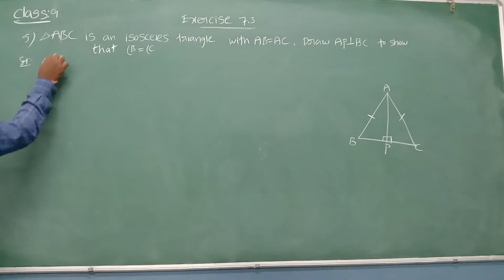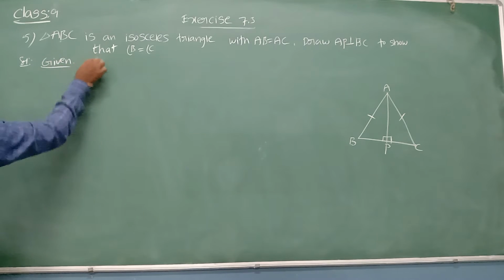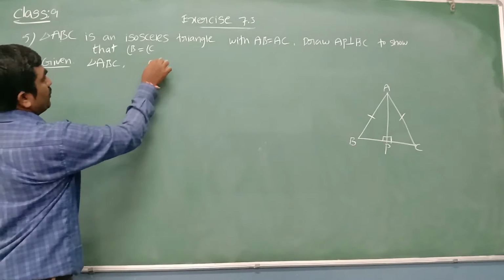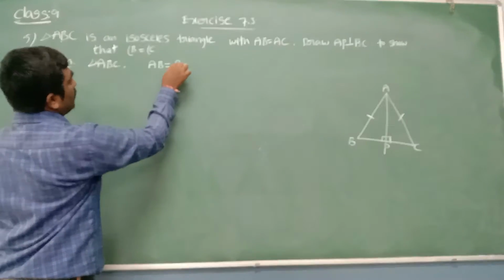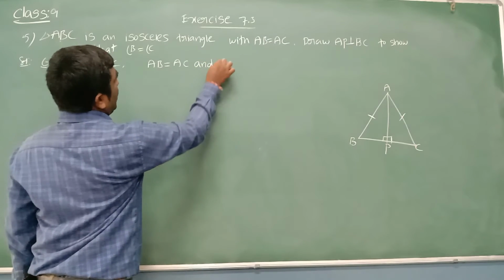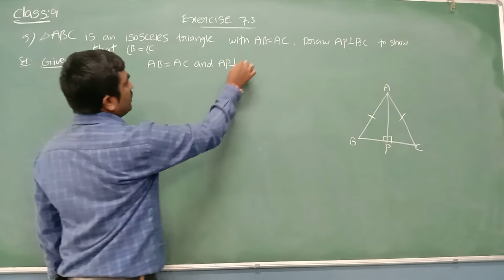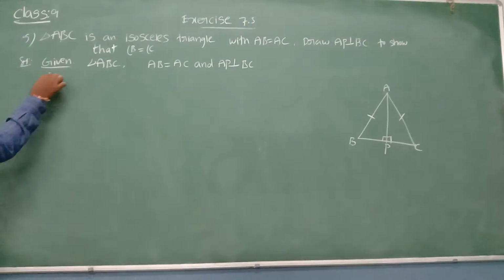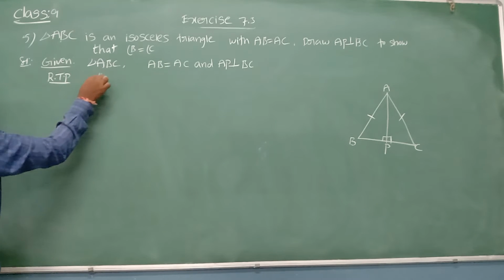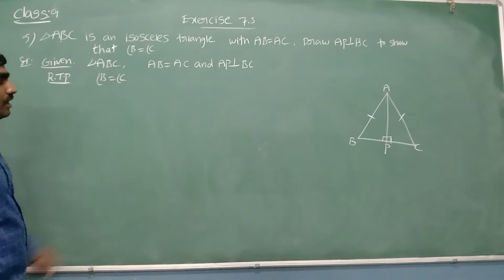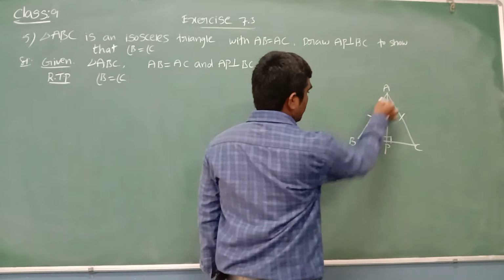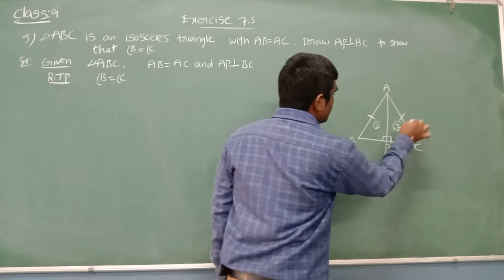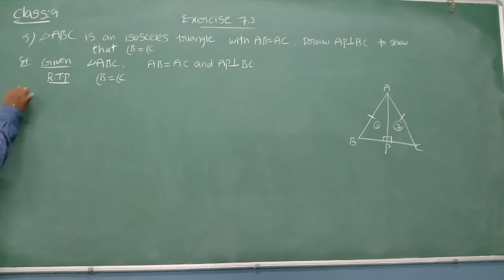Yes. First we will write the given data. In the question they gave triangle ABC. In triangle ABC, he gave two sides equal, AB equal to AC, and also he said AP is a perpendicular on side BC. This is the given data. With the help of this given data, they are asking to prove that angle B is equal to angle C. I said to prove this, we will take two triangles. One is ABP based on angle B. One is ACP based on angle C. So let me write the proof.